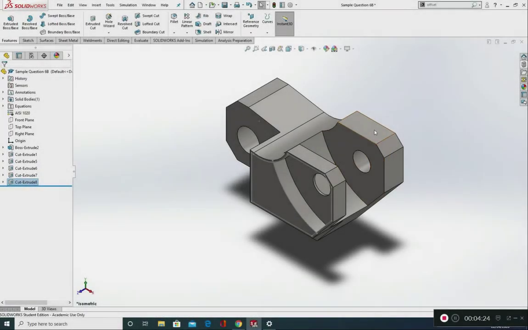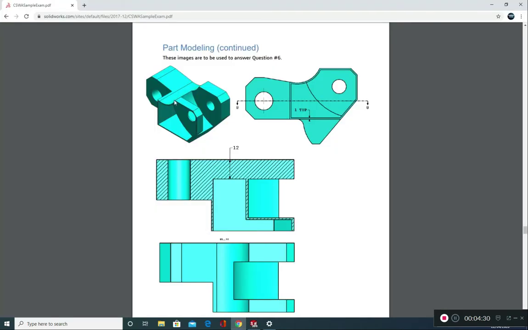Okay, the next step will be to do the same with this bottom section here. If we just look on our engineering drawing, you can see here that the lower section has also got this cut, 1mm typical edge to it, and that's actually going all the way through. The section here is taken UU. Okay, so we can see